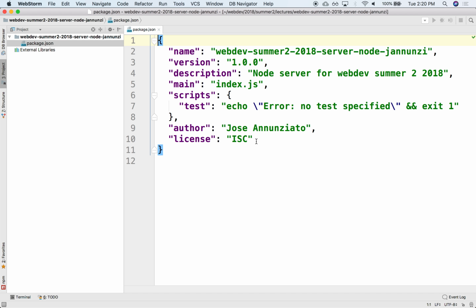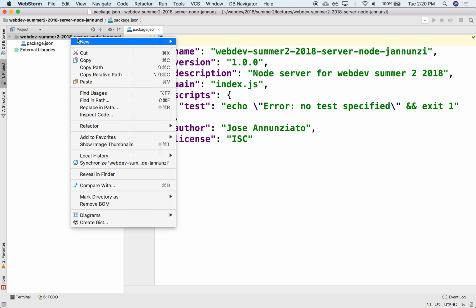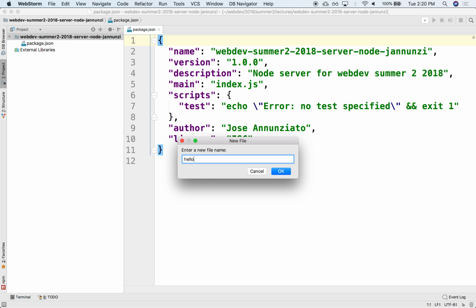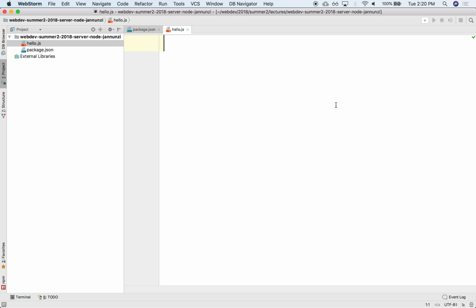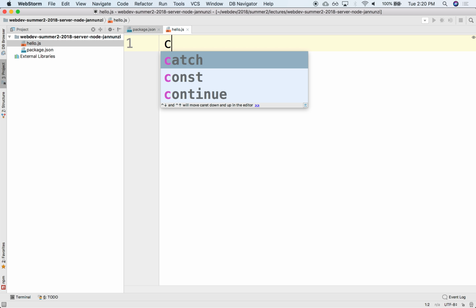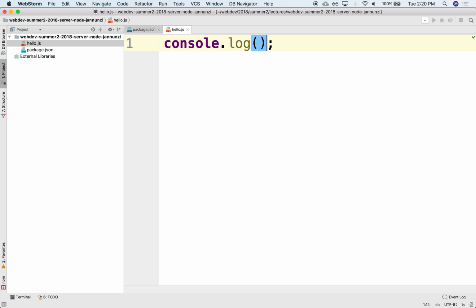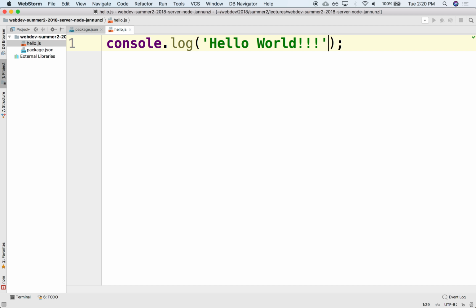So let's add something to this. Let's create maybe a hello file. So hello.js. Notice it's JavaScript, and we could type here just plain old JavaScript commands. So for instance, here we could do console.log and say, hello world. Yes? All right, so all the JavaScript commands and functionality is here,